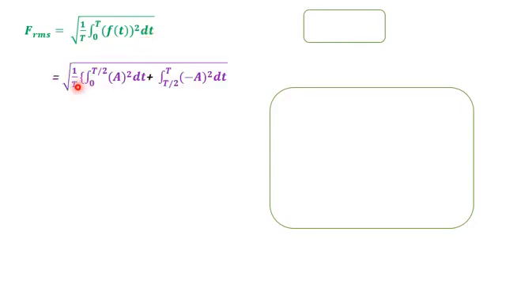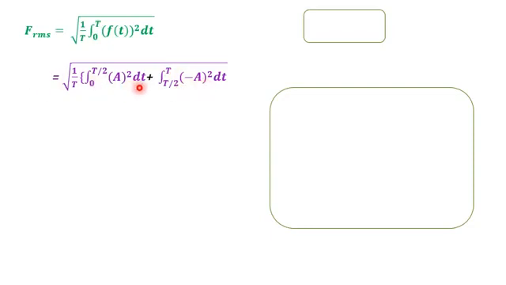Similarly, finding the RMS value. RMS value is f RMS equal to root of 1 by T integral 0 to T f of t square dt. RMS value can be calculated for full cycle or half cycle. So here I am calculating the RMS value for a complete cycle, that is 1 by T integral. Here we have to keep in mind the value of f of t. During 0 to T by 2, f of t has a value plus A, but during T by 2 to T, it has the value minus A.